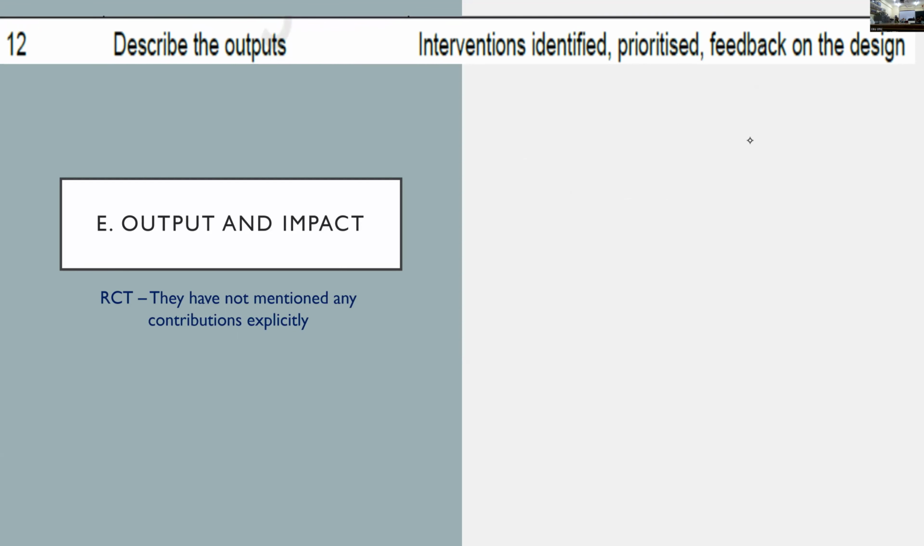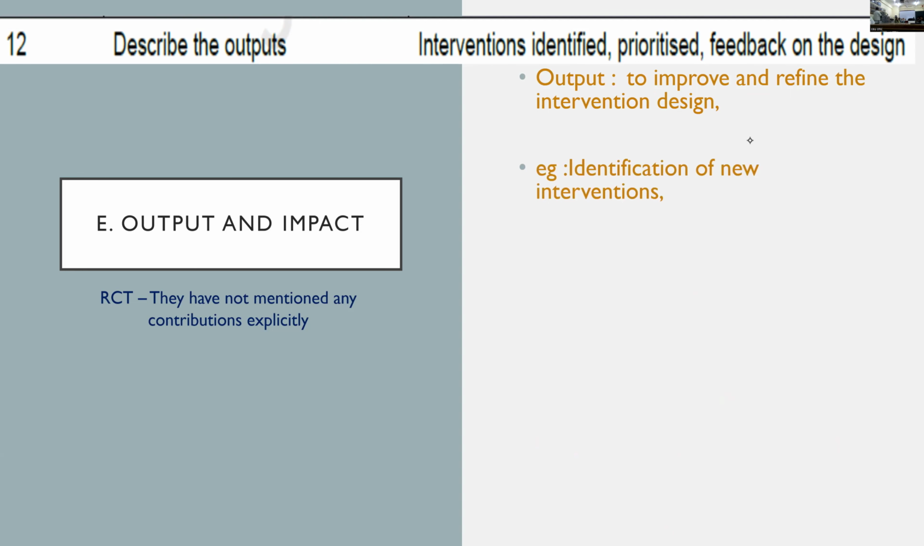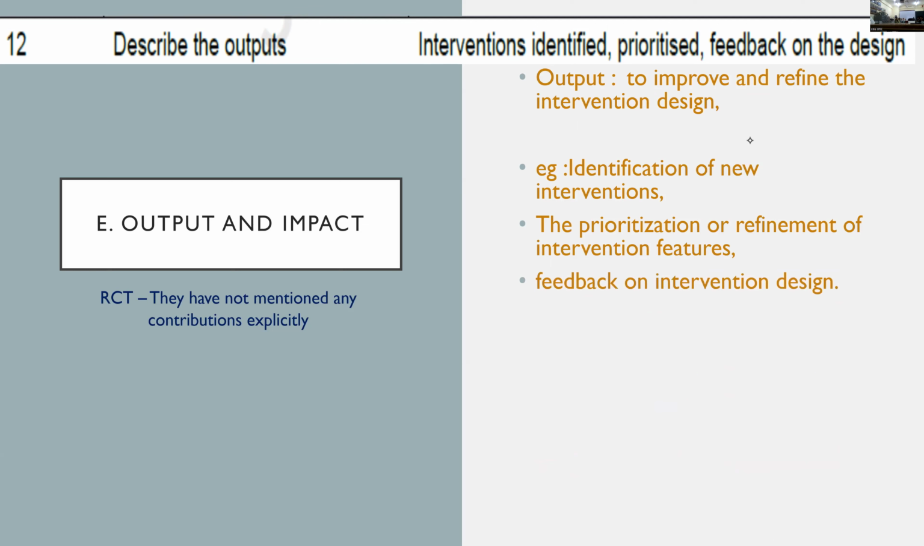The fifth domain, output and impact. Now, what is output? The output is the interventions, the suggestions given from the interventions identified. If they suggest this intervention is good, that is output. Anything on what they prioritize or any feedback on the design. I'll give an example. Output is something which is used to improve or refine the design. For example, if they identify a new intervention which can be used, or a refinement of the previous intervention,